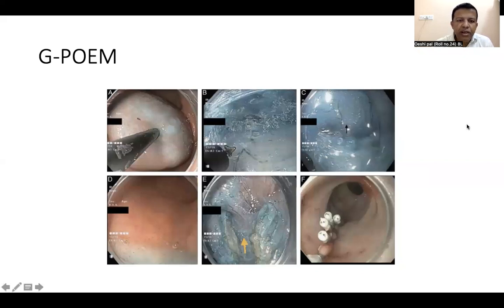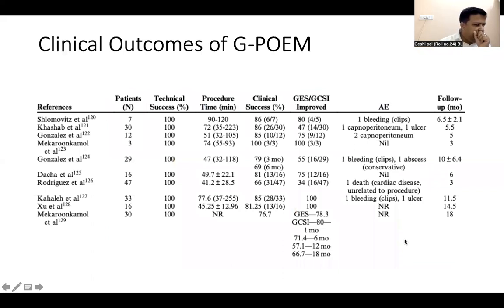Here the mucosal bleb is created at around 5 centimeters proximal to the pylorus, and the submucosal tunneling is done. Then the circular muscle, that is the pyloric muscle, is identified, a full thickness myotomy is done, and then the defect is closed with hemoclips. So the clinical outcomes of